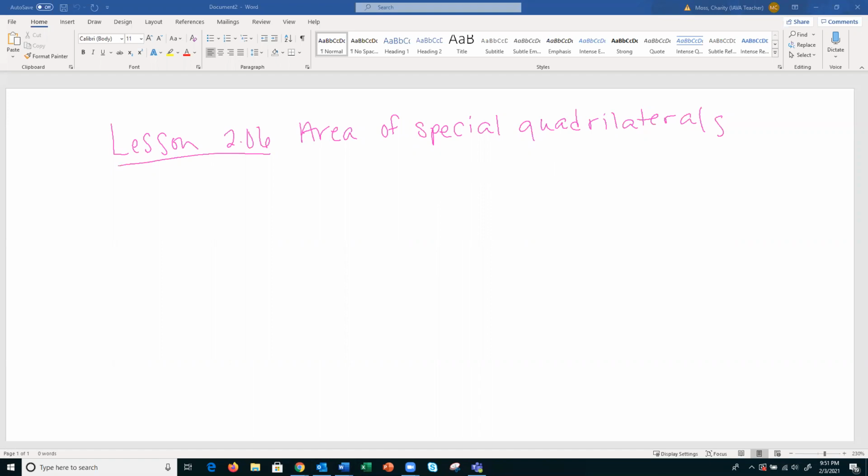So first, we are going to discuss a parallelogram. Remember some of the qualities of a parallelogram where the opposite sides are parallel and congruent. Man, I am not very good at drawing these. Let's try to straighten that up just a little bit. All right, so this would be parallel to this, and then this would be parallel to this. Okay? All right, so what we're going to do is we're going to talk about how you calculate the area